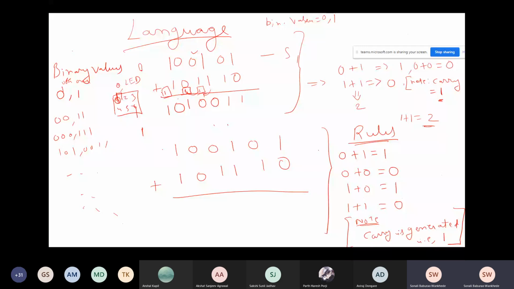Now check an example. You are using lights at your home, right? And you have buttons, you have switches for that. How do we turn it on? By pressing the button, right? Yes, ma'am. If you want to turn on the lights or your fans, you switch on that button. So that value is 1, on.